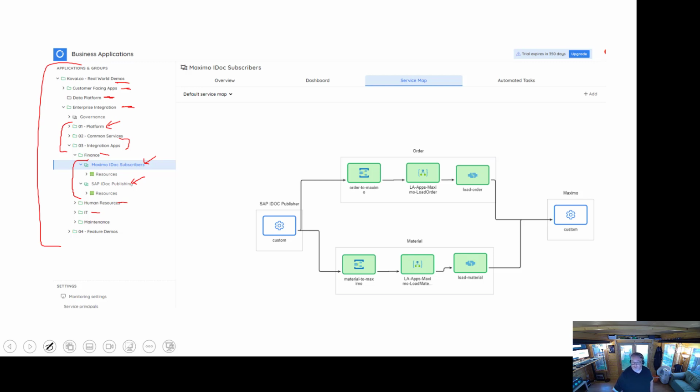And then what you can do here is we'll try to auto-generate a service map, and then you can modify it to look like whatever you want. So we can work out some of the relationships, but sometimes you might want to modify it. And here I did, so I can make it look like the diagram on the previous slide. Here I've got my orders interface and my material one. We've got our service bus subscription, logic app, and I've got one operation from an API for that interface. Maybe that API has 50 operations on it for Maximo for different things, but I only need one